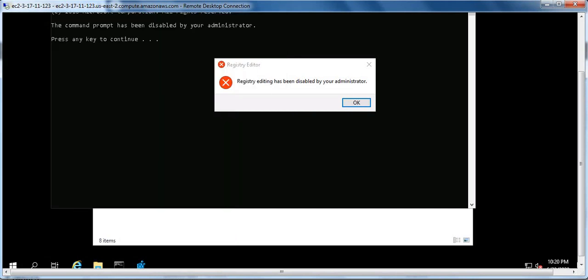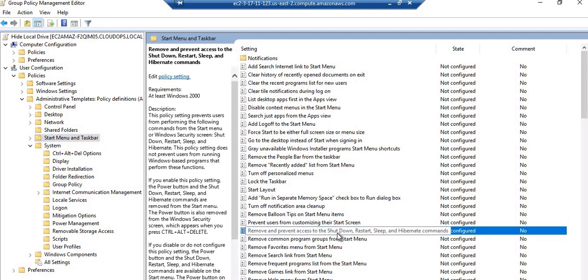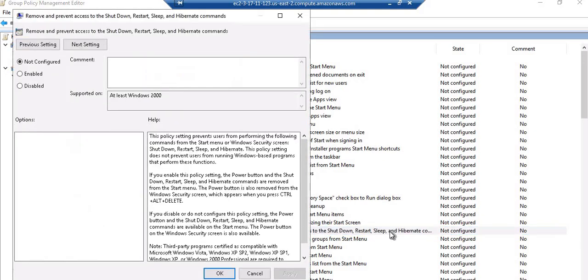Let's go back to group policy editing. Once you are here, go again to user configuration, policies, administrative templates, and then the Start Menu and Taskbar. See the policy here: remove and prevent access to the shut down, restart, sleep, and hibernate commands. Just double click, enable, apply.